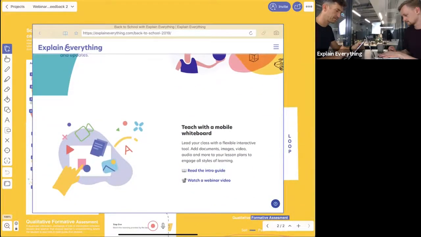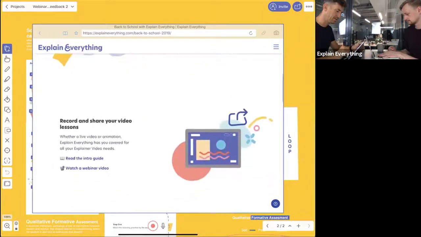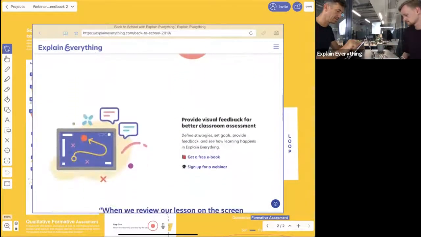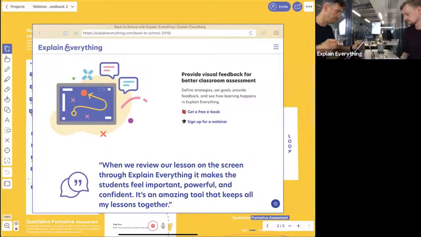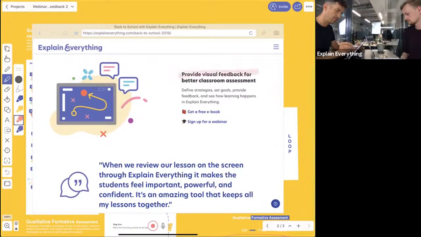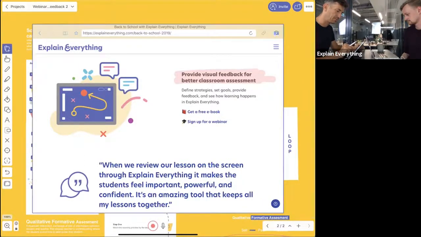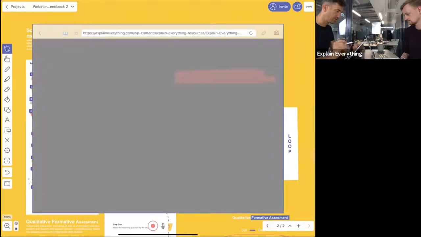On this landing page, you can find the scenario that we're going to speak about today, just here: provide visual feedback for better classroom assessment. And the scenario is available in this free ebook that you see just here. So if you tap it,